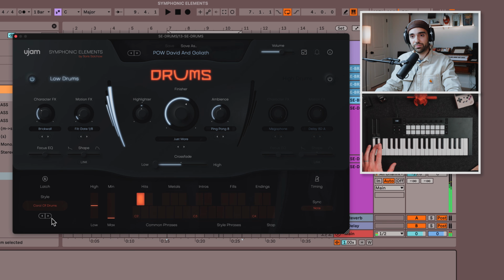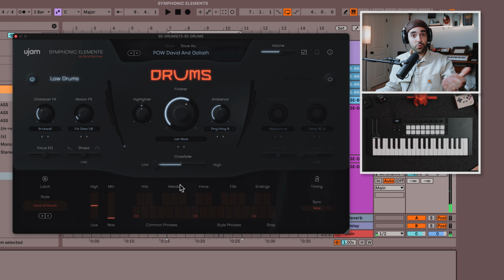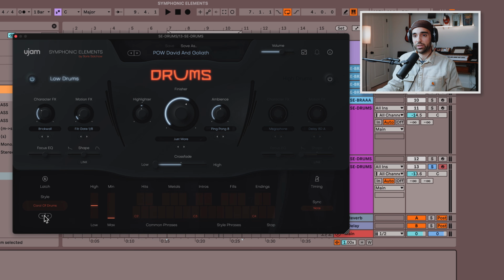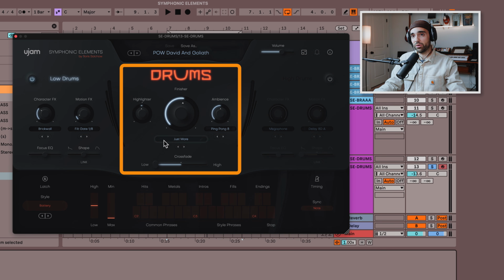If I change styles, we'll get different sounds. So you could add hits to these already existing phrases, or write your own percussion part with these individual hits if you wanted to. And just like brass and strings, if we change style, you will get different musical ideas. And different sounds. So cool. Okay, but let's take a look at Finisher in the middle, where we use the left and the